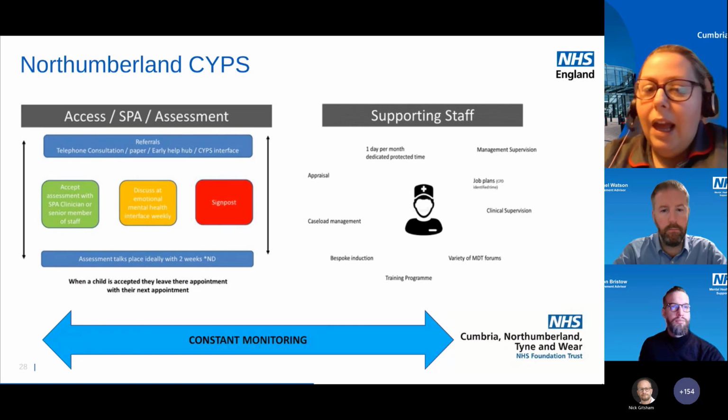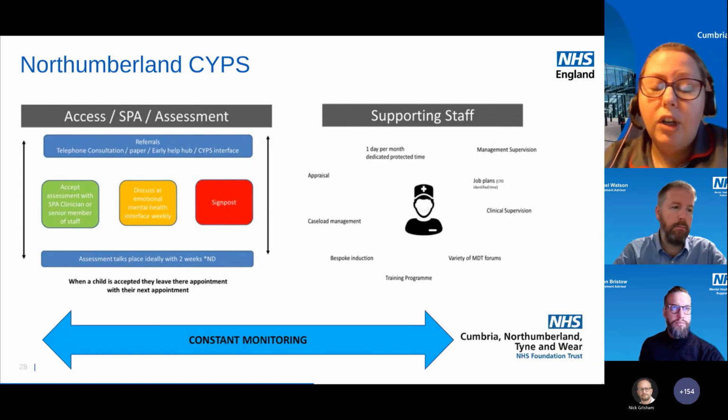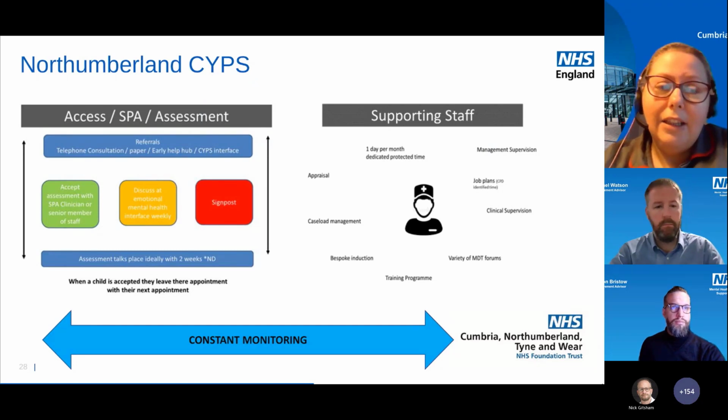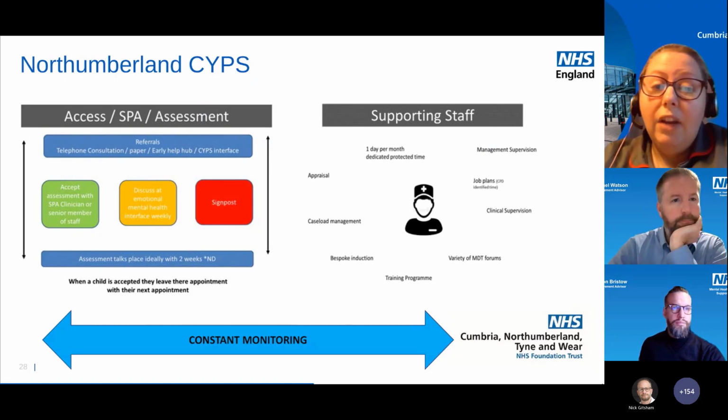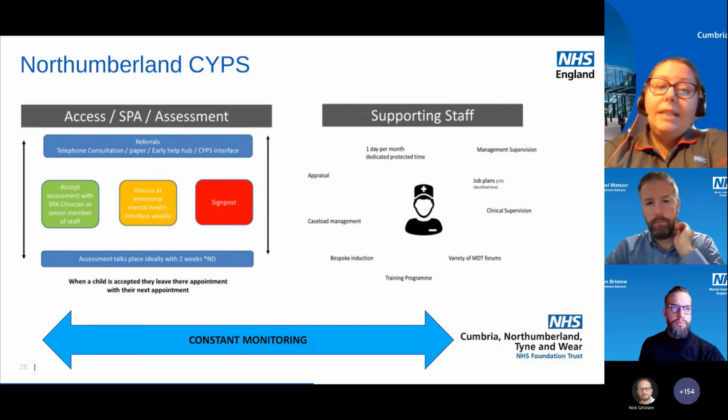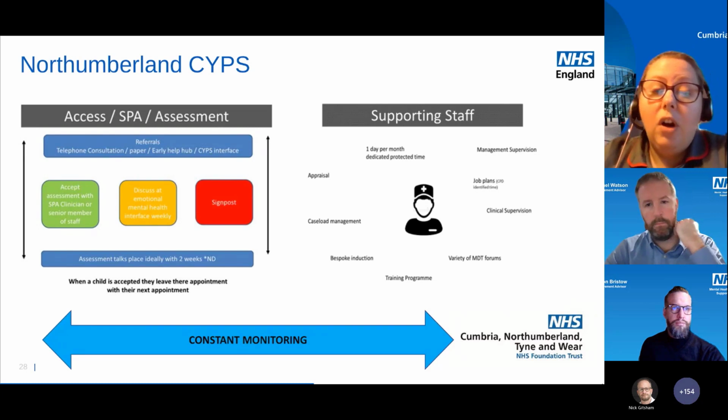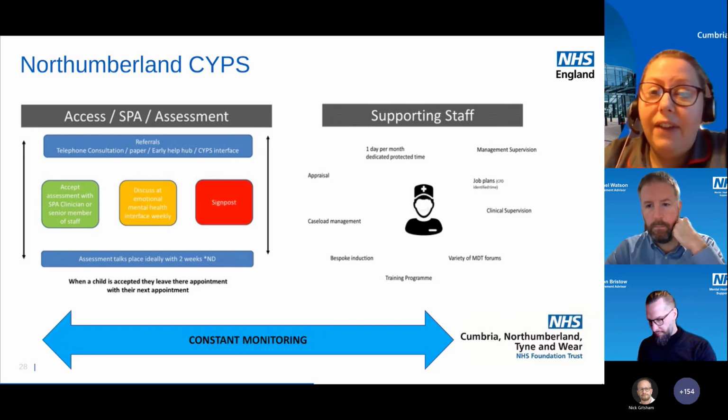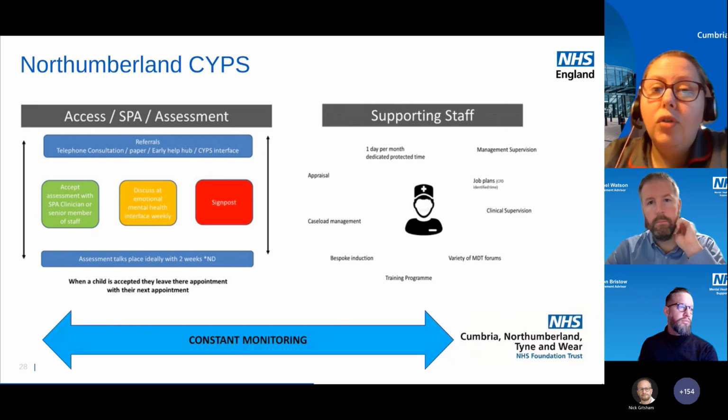So how did we do it? We took some of our staffing resource into the front end of our service. So it was around staff with mental health skills who are significantly experienced in working with children and young people, but also understanding the community around us. We front load the front end of our service, and we offer telephone consultations, paper referrals, link with our multi-agency partners and have an interface with them around ensuring children's needs are met. So there's no wrong door.